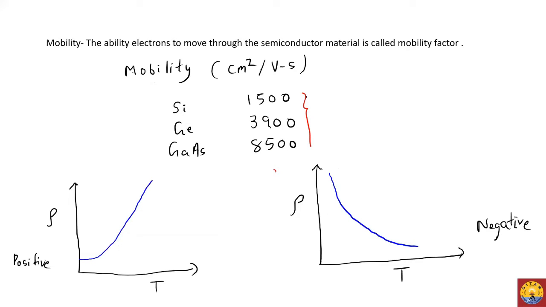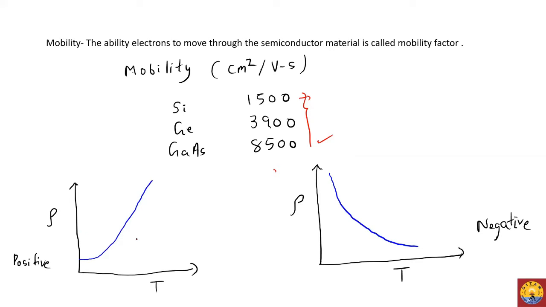Silicon has very low mobility compared to germanium and gallium arsenide, and gallium arsenide has the highest mobility. So electrons in gallium arsenide can flow very easily through it. Then we plot resistivity versus temperature, because